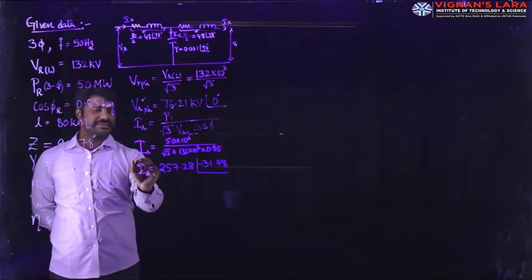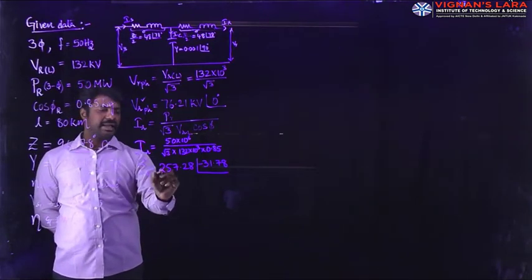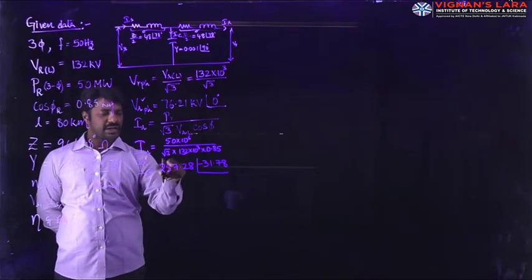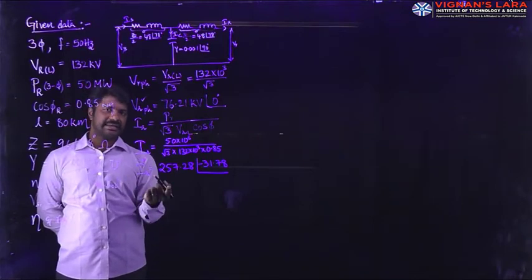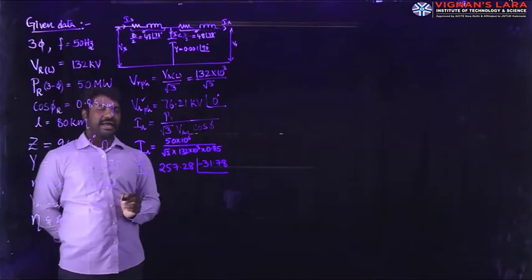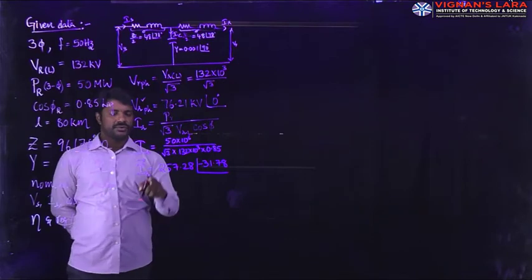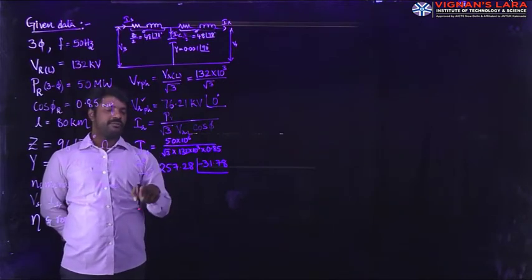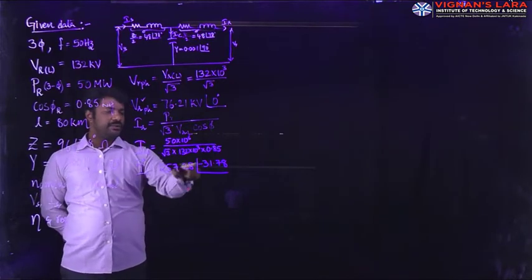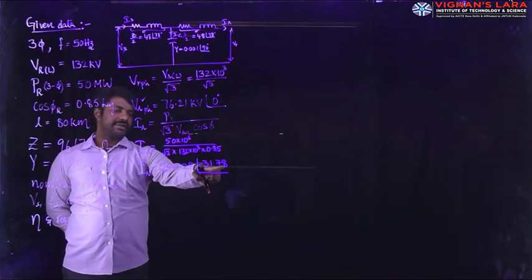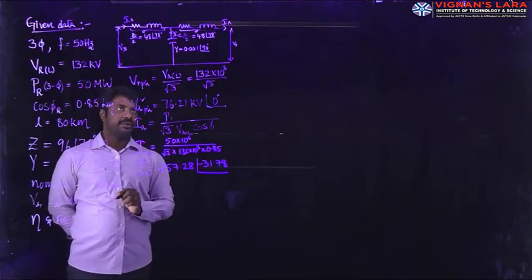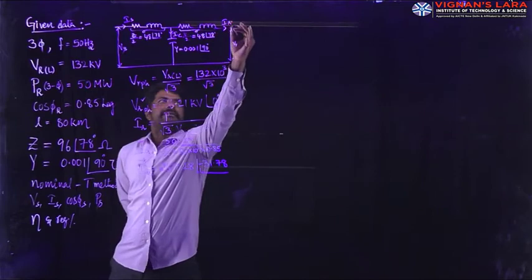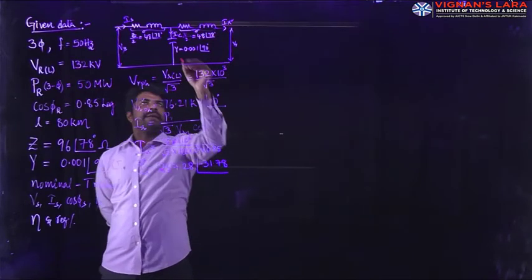Therefore, the current is a phasor, having a magnitude per phase value and also line value. Because it is a star connection, in star connection, I phase is equal to IL. So, 257.28 amperes will flow in the receiving end side, which makes an angle of 31.78, lagging nature. So once getting this IR, we can apply KVL.